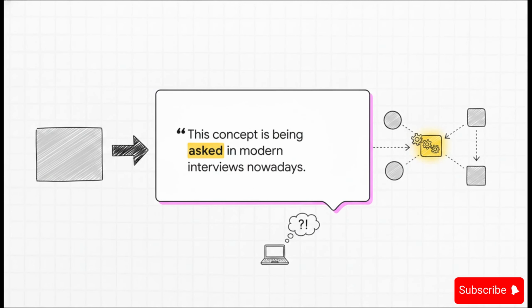I want to wrap up with this incredibly relevant thought from our source material. Adapting from monolithic to microservices and mastering how they communicate is essential for succeeding in modern technical interviews. That really hits the nail on the head, doesn't it? It's not just theory. Understanding these mechanics, why we break things apart, and exactly how we stitch them back together is absolutely critical for your IT career right now. So, looking at your own projects today, are you still dealing with a massive monolith, or are you ready to